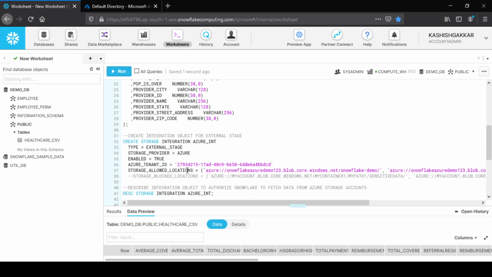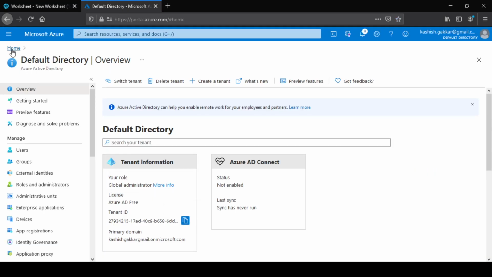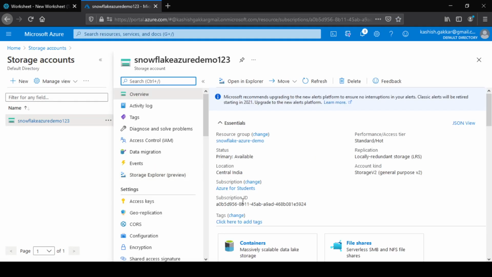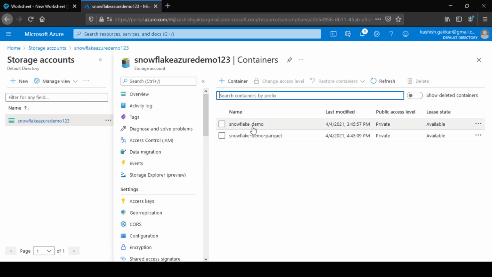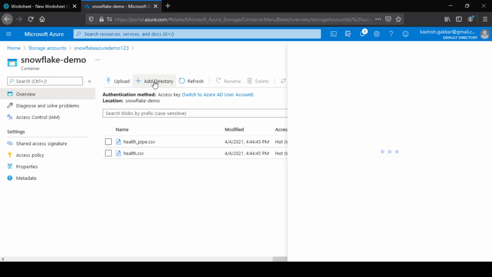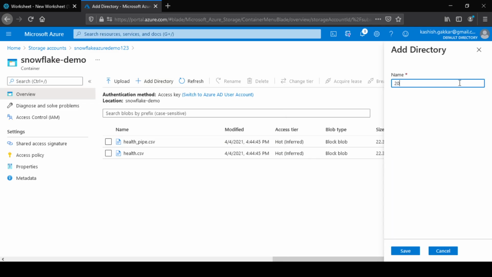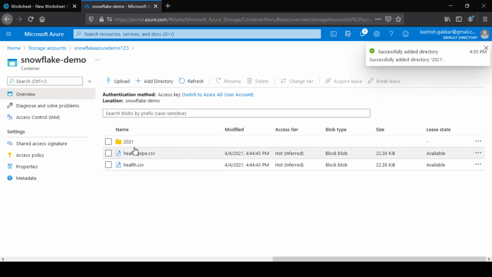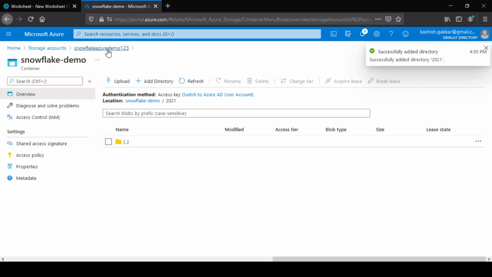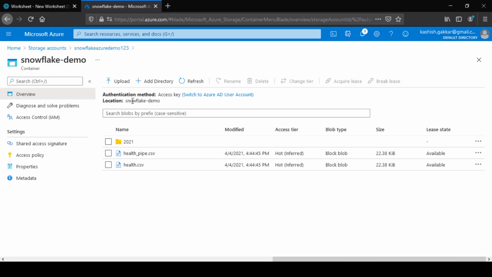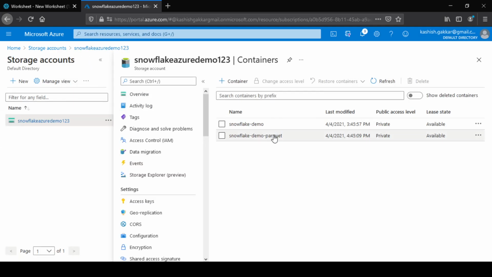Then this parameter is important because here you will specify which storage locations you want to allow, from which Snowflake can take the data. So we created two containers previously. Open the storage account, containers. So we have two containers as of now. I'm giving access to Snowflake to fetch the data from both of these containers. Let's suppose this container has multiple directories in it, maybe by the year 2021, and this year will contain multiple folders in it. So it will have the complete access of this container, which is Snowflake-demo, and also the other container, which is